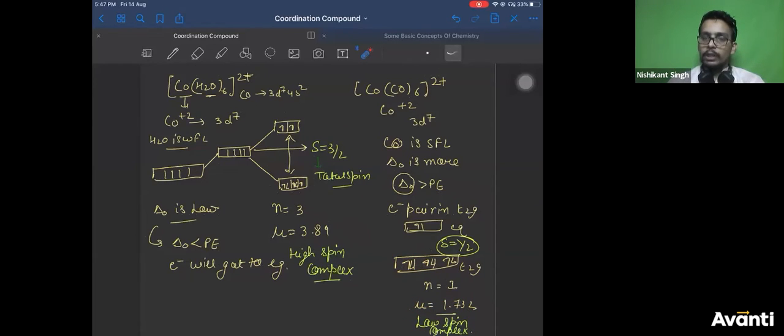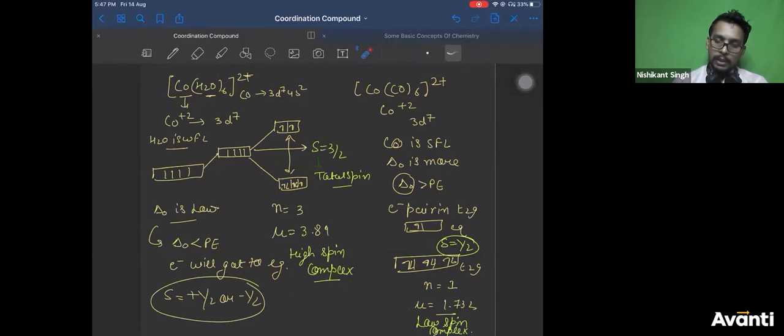Then we calculated total spin also. All of you know spin quantum number can be +1/2 or -1/2. So I calculated total spin here. +1/2 and -1/2 in a pair cancel. This was unpaired, so +1/2, unpaired +1/2, +1/2. Total spin was 3/2. Here there was only one unpaired electron, so spin was 1/2, because in a pair +1/2 and -1/2 will cancel.